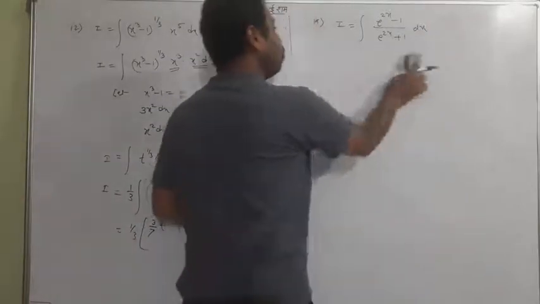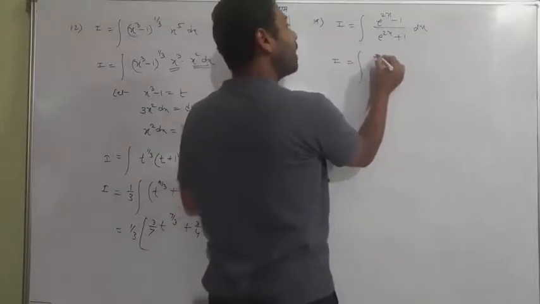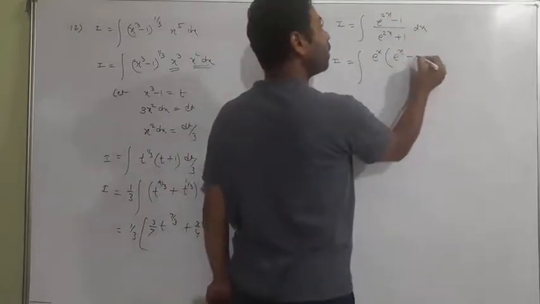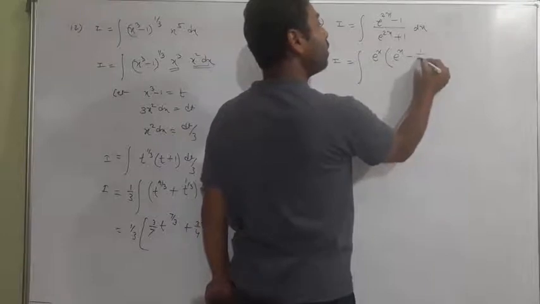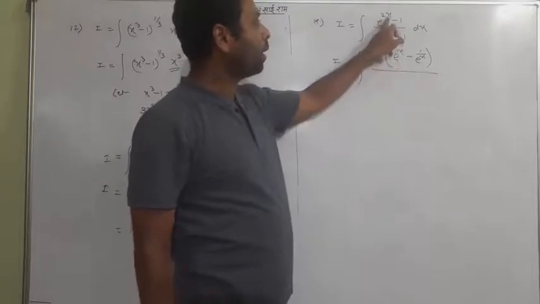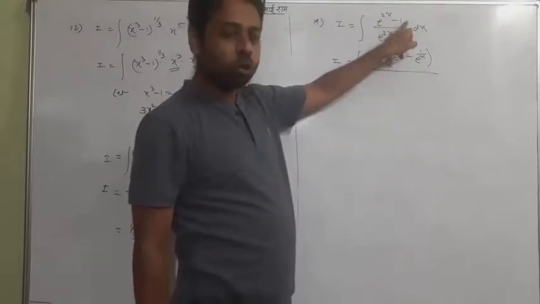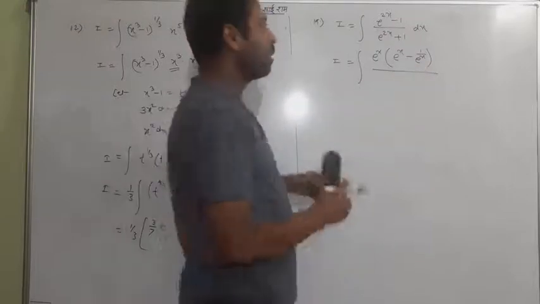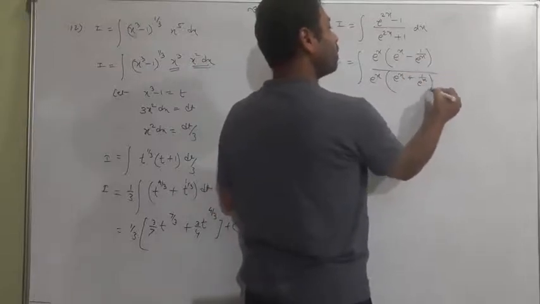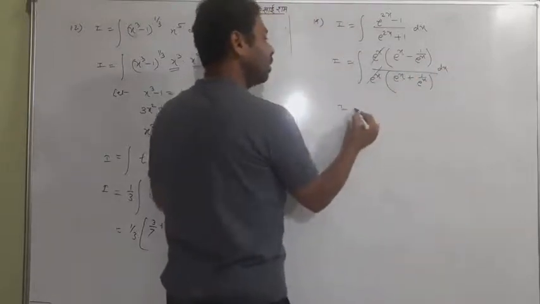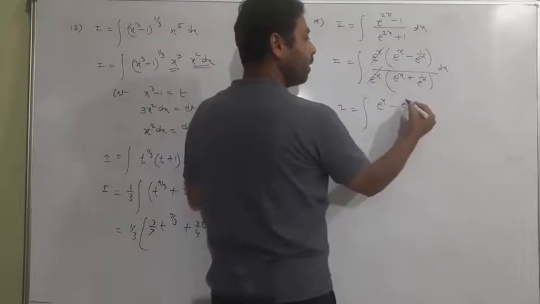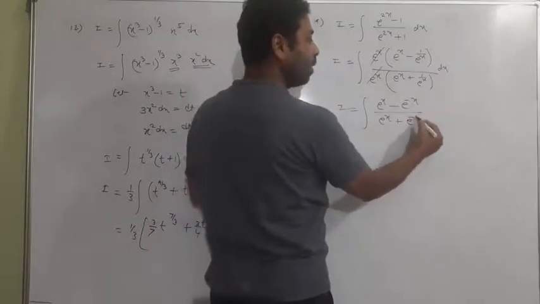So I have one more method to tell you for this question. Look, take out e to the power x common. So what remains here? e to the power x minus e to the power, definitely here it is 1 minus, like that. You will take out e to the power x. Here 2 power will reduce to 1 power, and here there was no e to the power x, it will be in the denominator. Same as in the denominator side, you do only e to the power x plus 1 by e to the power x. Now students, I can cancel it and turn the question into e to the power x. Put your e to the power x in the numerator side, it's going to be minus x, and same as in the denominator.